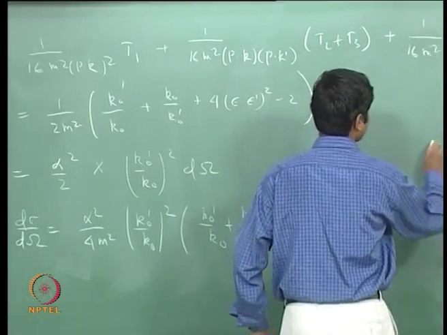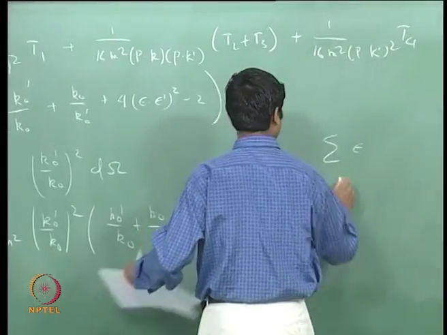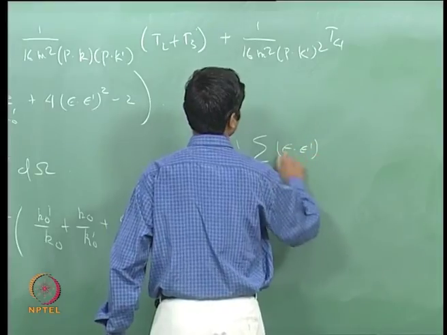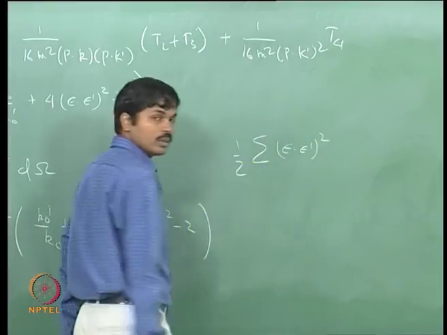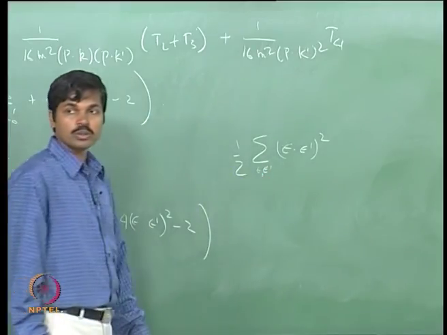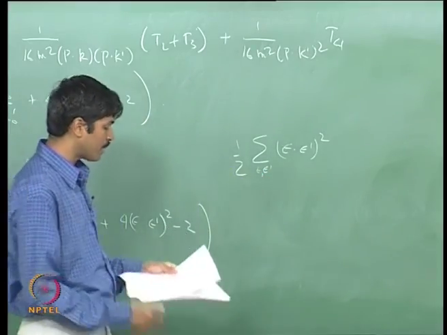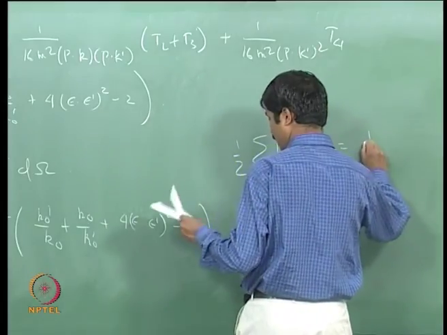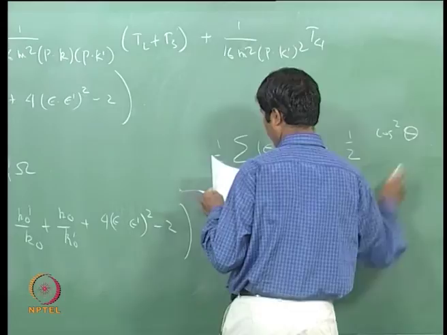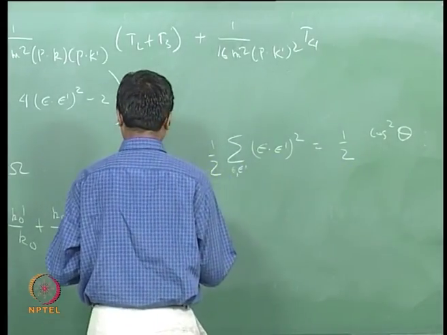What I claim is that if you consider this, you have half epsilon dot epsilon prime whole square summed over all possible values of epsilon and epsilon prime. This is half cos square theta,